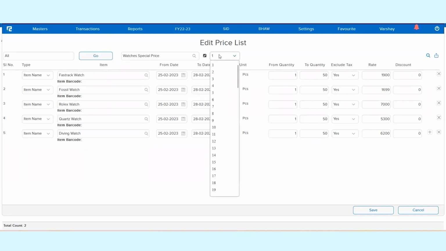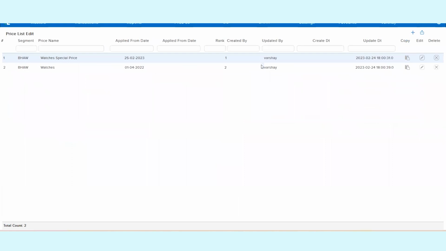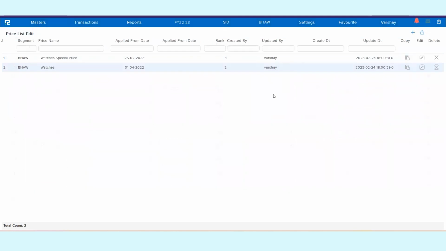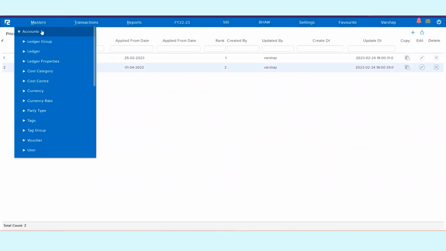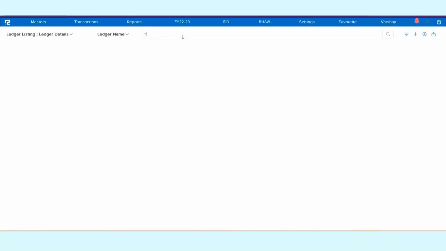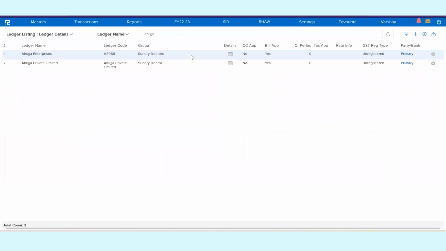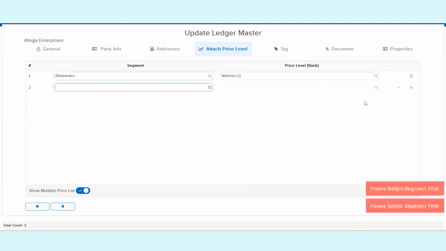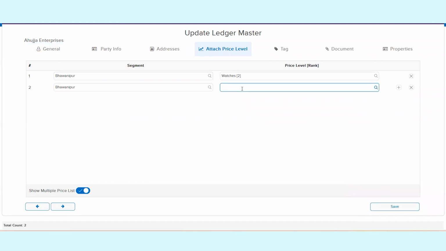So over here, I am giving the rank as 1 for the special price list, and for the regular price list, I am giving the rank 2. Now let's check. I'll have to go to Masters, Accounts, Ledger, Edit. Again, I will be selecting the same party and I'll click on Enter. Now over here for the attached price list, I will add one more row with the same segment, which is Bhawanipur. And now I will be selecting the special price list of watches. And now if I click on Save,